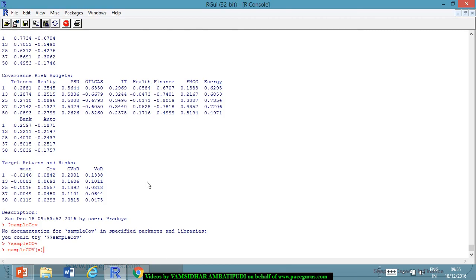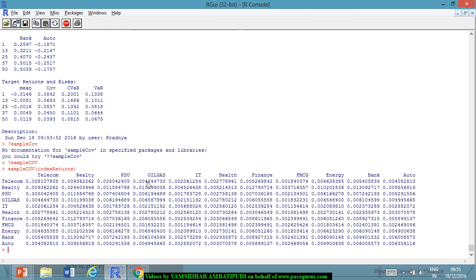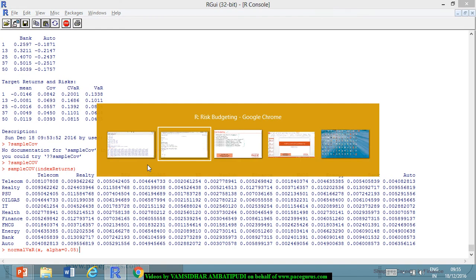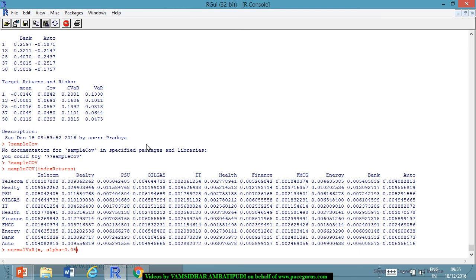I want to find out the sample covariance of the index returns, which is direct and has nothing to do with the weights or anything. So I am getting the covariance of the index returns, but I want the VAR based on the normal distribution assumption. So based on the normal distribution assumption, if I really want the VAR of index returns,